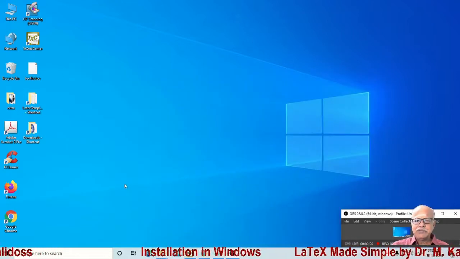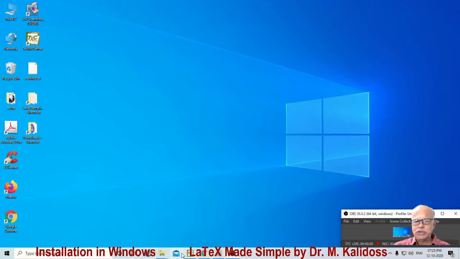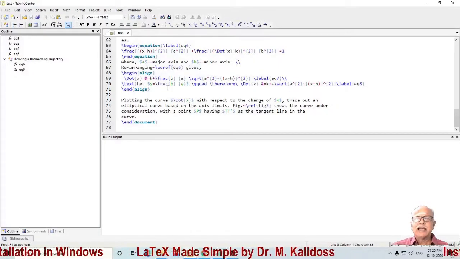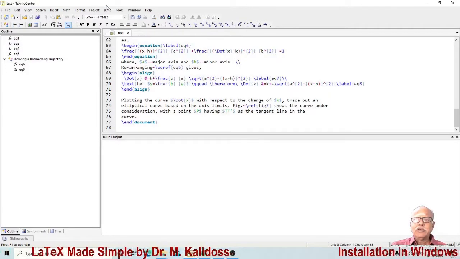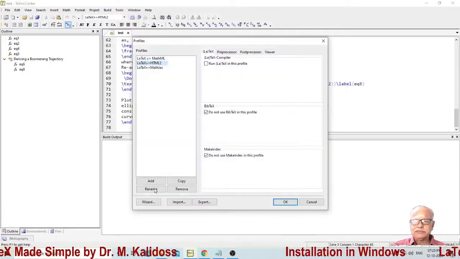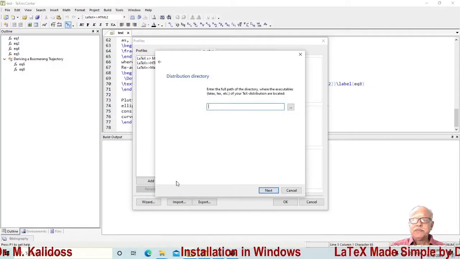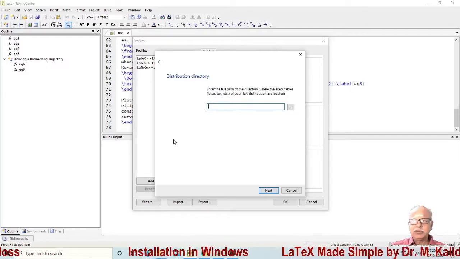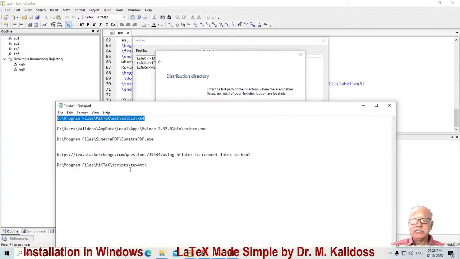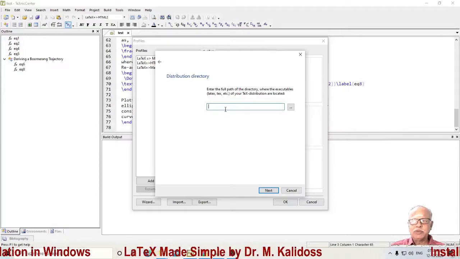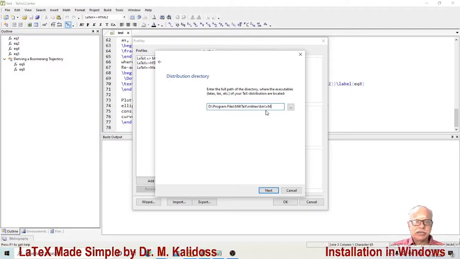For the present, we shall go to the desktop icon TeXstudio. You click the desktop icon TeXstudio. I have already typed a file for demonstration, therefore ignore it. The moment you click this, it will present you with a wizard. Normally, if you choose the default location, it will find out where you have installed MiKTeX. Since I have installed it in a place other than the default one, I have to browse and give that location.